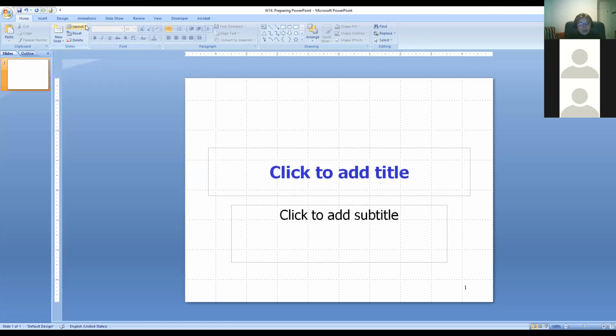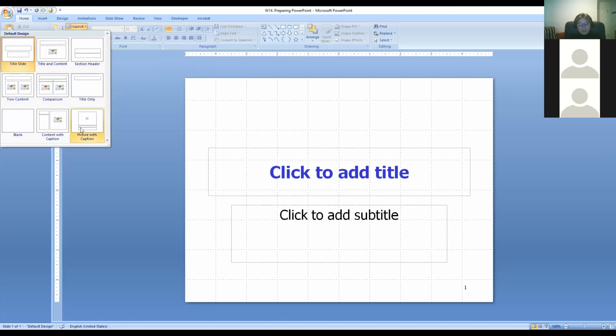If you click on the little layout, if I change into annotation, then I have to go back and forth. So tell me if you're not seeing what I'm doing, then I'll try to make it a little bit larger maybe. So here's the layout button next to the new slide. And if you click on the little arrow, you're going to get different types of slides.